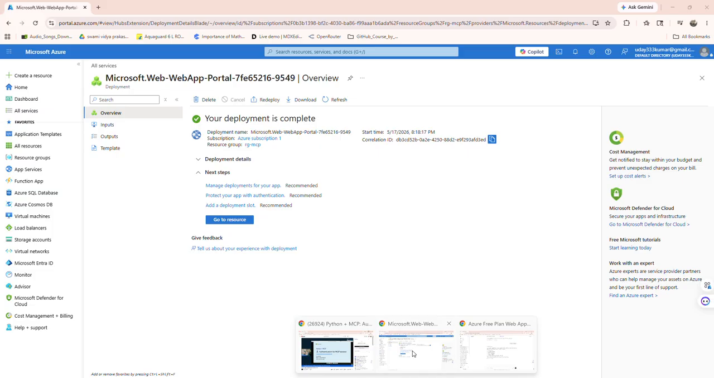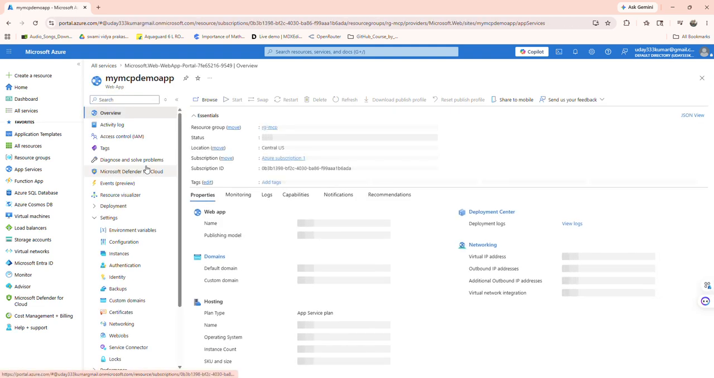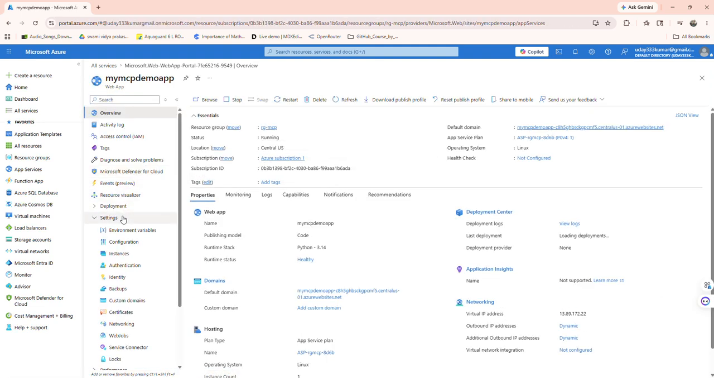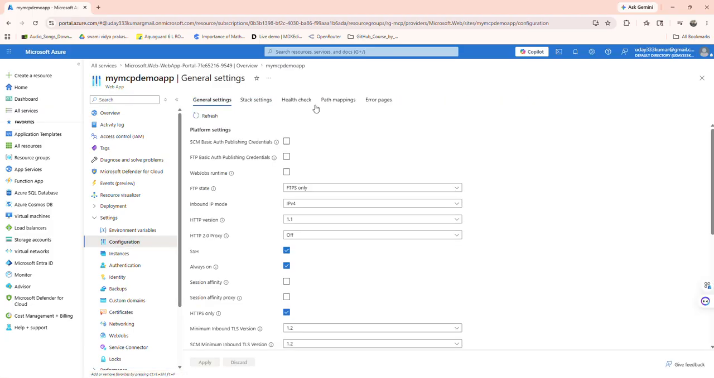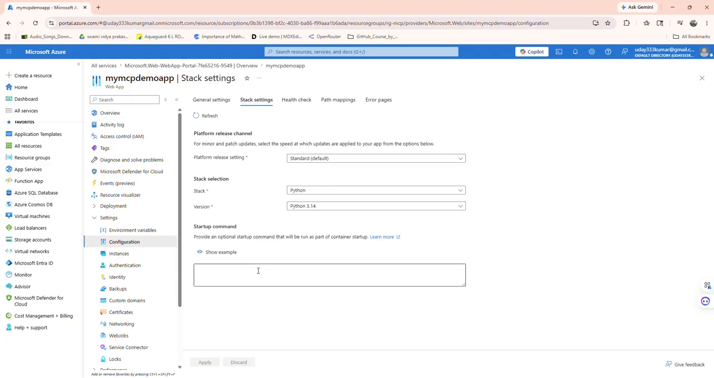Once I go here into Azure, if you see, our deployment is complete, and I will click on this go to resource. Now I will go into settings, and I will select configuration, and click on stack setting, and I will write something here in the startup command. I will write pip install -r requirements.txt and